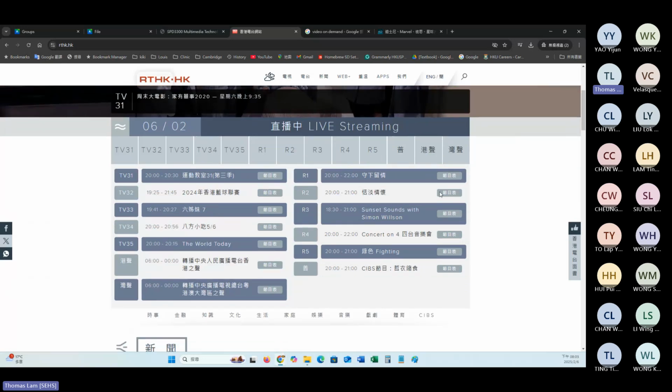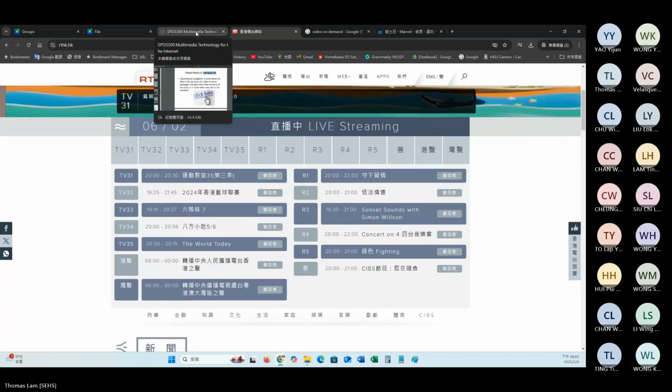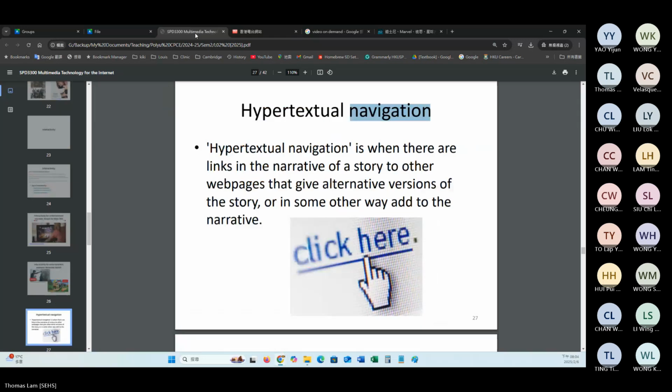That's something about the hypertextual application.